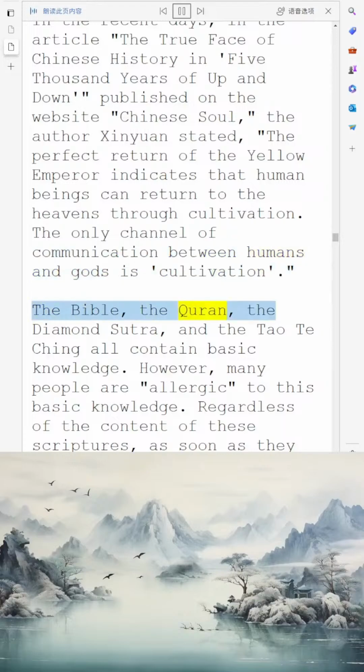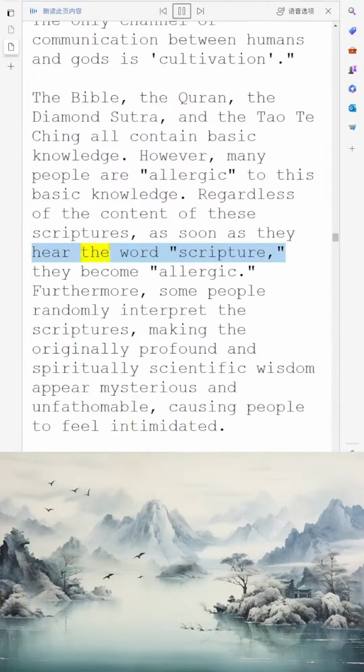The Bible, the Quran, the Diamond Sutra, and the Tao Te Ching all contain basic knowledge. However, many people are allergic to this basic knowledge. Regardless of the content of these scriptures, as soon as they hear the word scripture, they become allergic. Furthermore, some people randomly interpret the scriptures, making the originally profound and spiritually scientific wisdom appear mysterious and unfathomable, causing